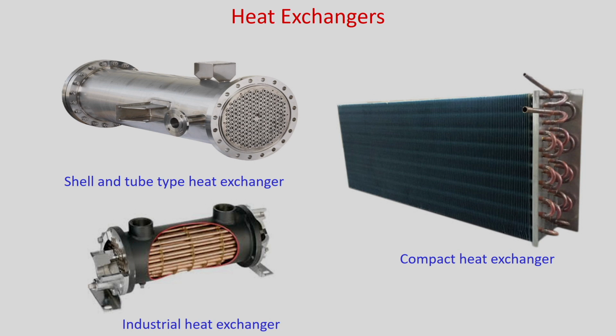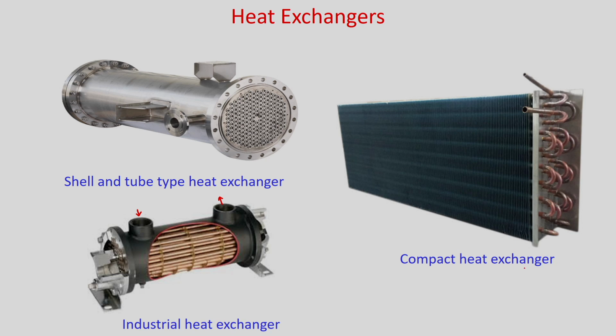You can see in this picture, this is one example of an industrial heat exchanger. Inside, these tubes are seen, and hot fluid flows inside these tubes, and cold fluid comes in from here and goes out from here. So, there will be heat exchange between the cold fluid and hot fluid. This is one example of convective heat transfer.